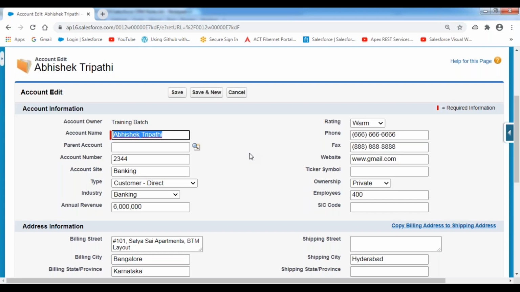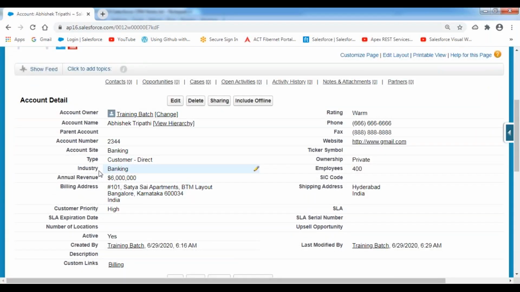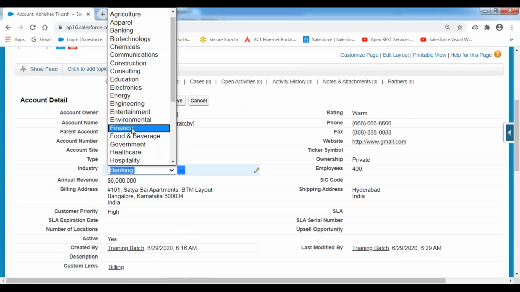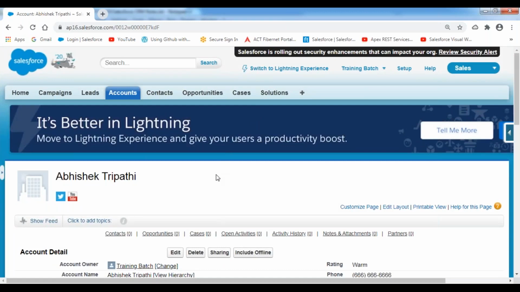Then what can we do in this case? Simply double click on the field you would like to modify. Suppose I want to change the industry from banking to finance. Just double click on that and change the value over here. I'm selecting finance and saving it. That's it, done. Only that field moves into the editable format here,